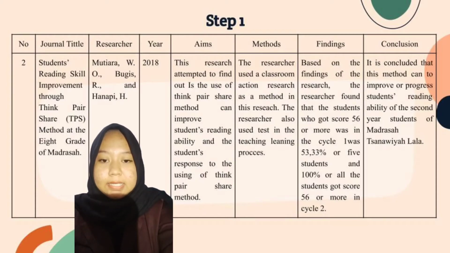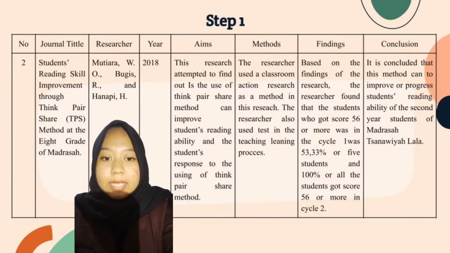Findings. The result of the research using the Think Pair Share method indicates that there was an improvement in student average scores from 39.33 in the preliminary study test, to 57 in cycle 1, and 76 in cycle 2. Conclusion. In conclusion, this method can improve student reading ability of the second year students of Madrasah